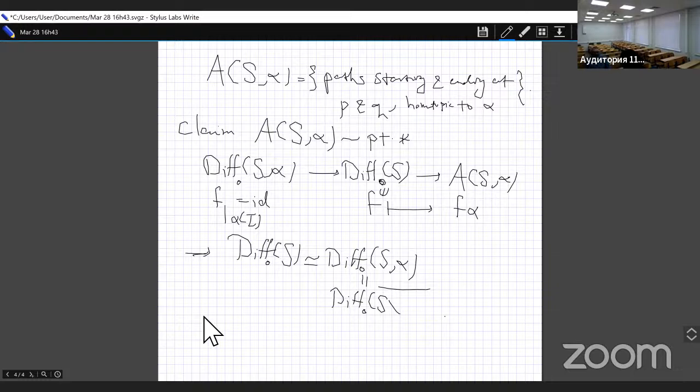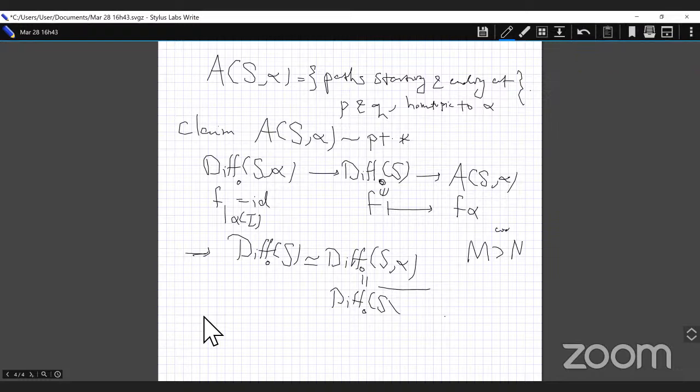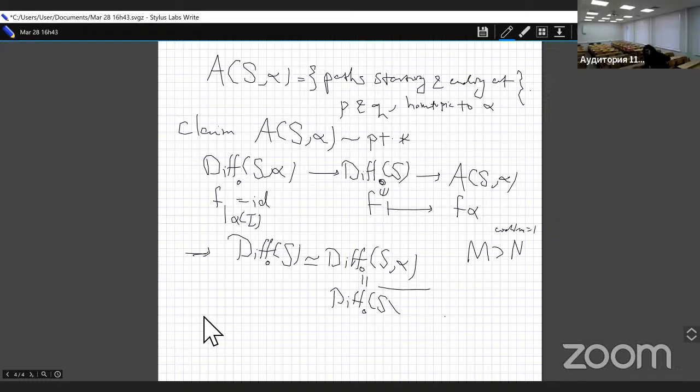Suppose we have some manifold M and a submanifold N of codimension 1. Then there's a unique M bar such that